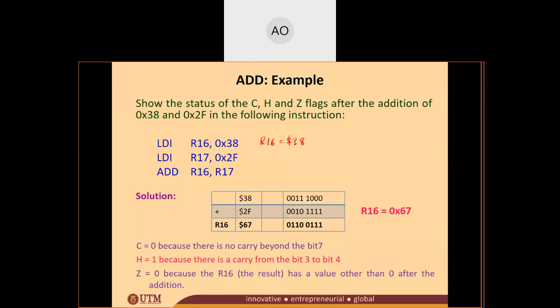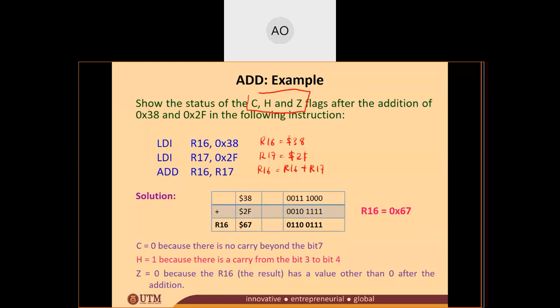The second instruction, R17 equals 2F. The third instruction, you're going to add R16 and R17, so R16 equals R16 plus R17. Since it asks you to find out the status of these flags,